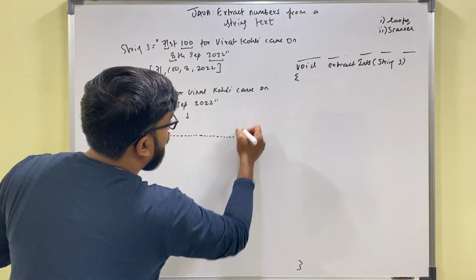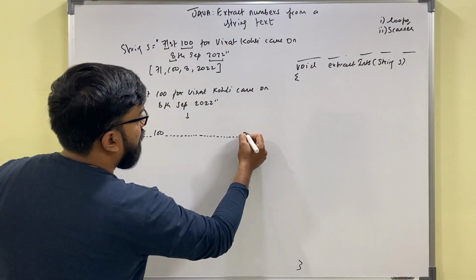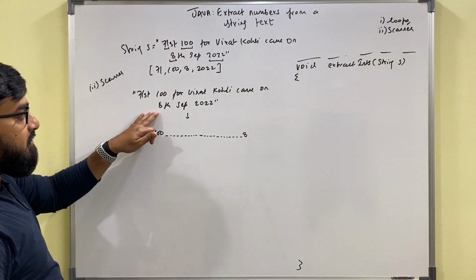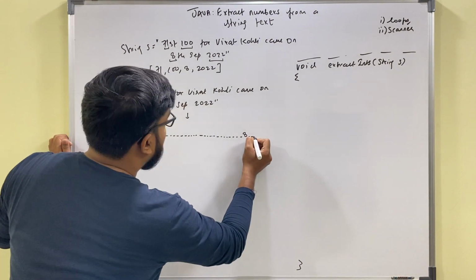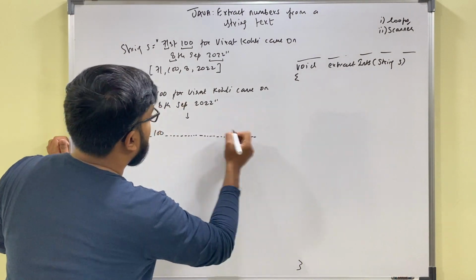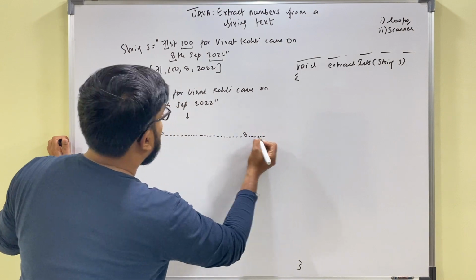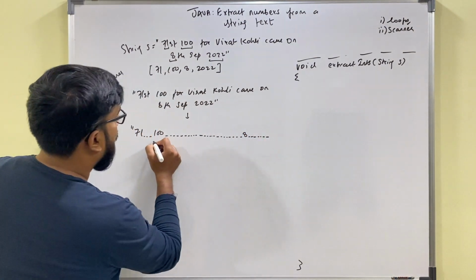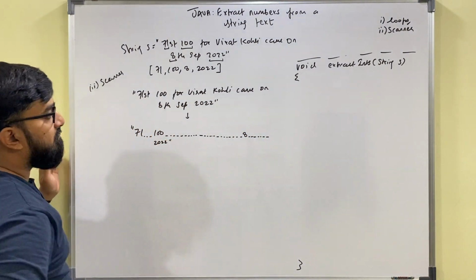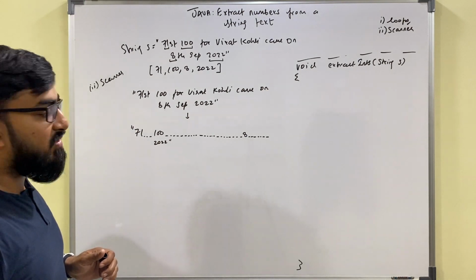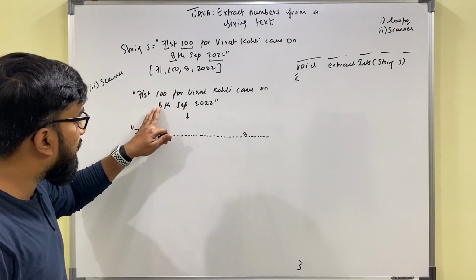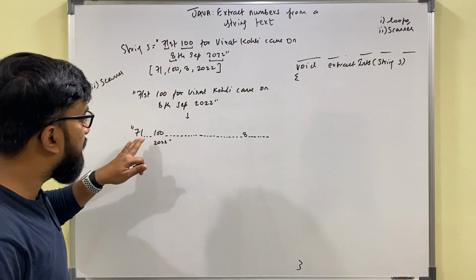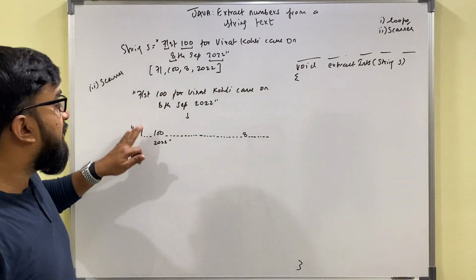Then space again, 2 more spaces, 8 now, because this is a digit. Then 2 more white spaces, then 1 more for this white space, then 3 more for September, then 1 more and then 2022. Alright, so now this string becomes a string that contains only integers and white spaces, and now we can